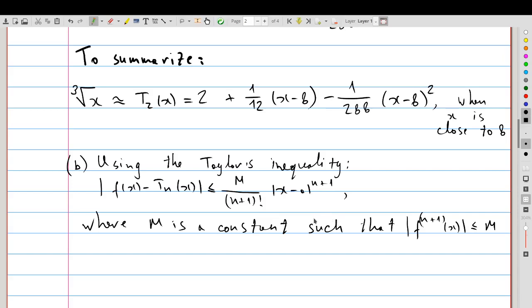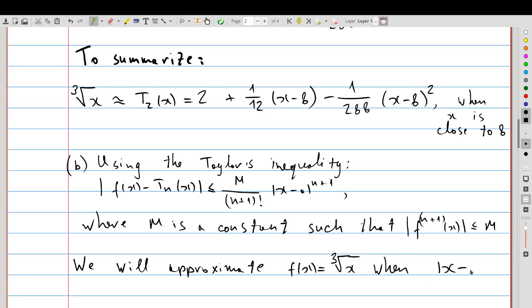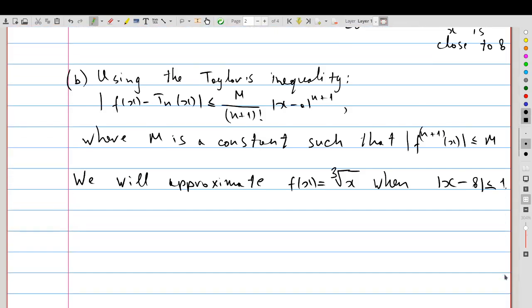And so let's use this inequality. So we will approximate f of x when, of course, we have to set x to be close to 8. How close is the question? Well, let's use the interval between 7 and 9. That is to say, when the absolute value of x minus 8 is at most 1. Right? So on this interval